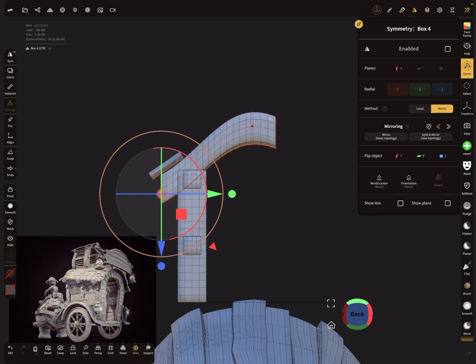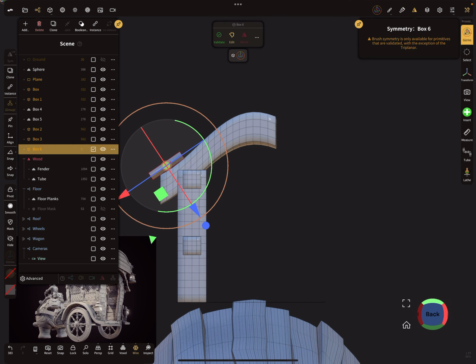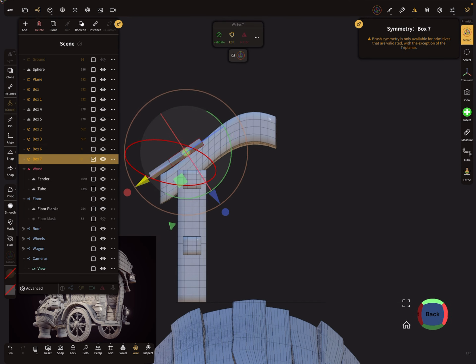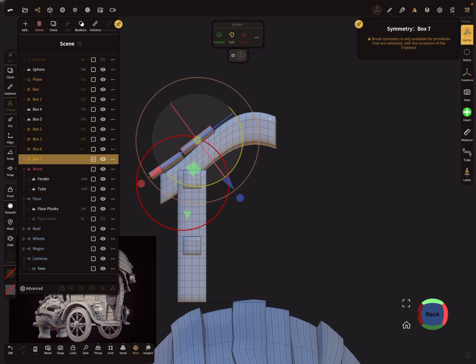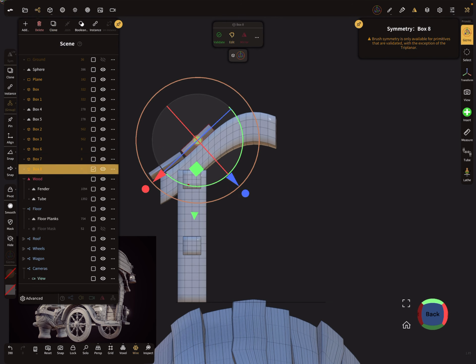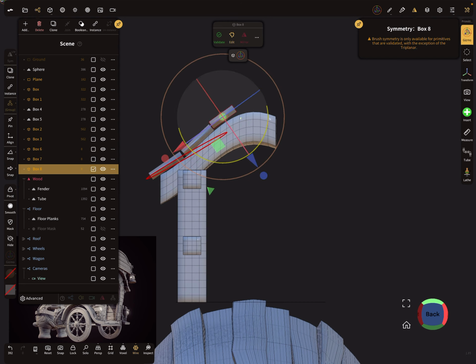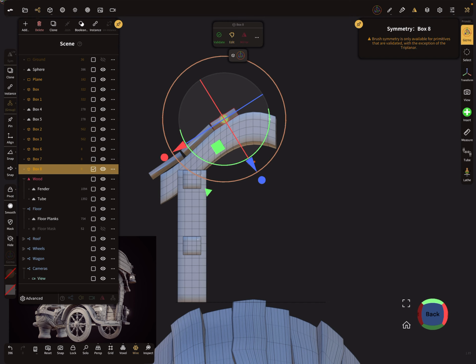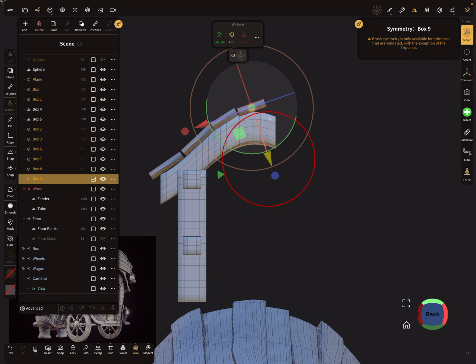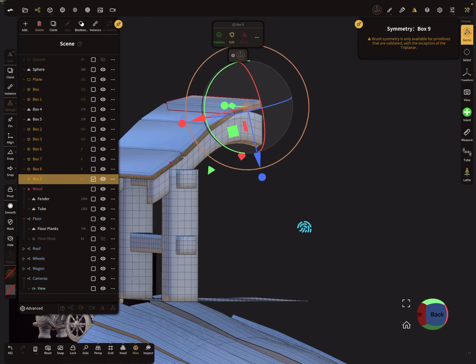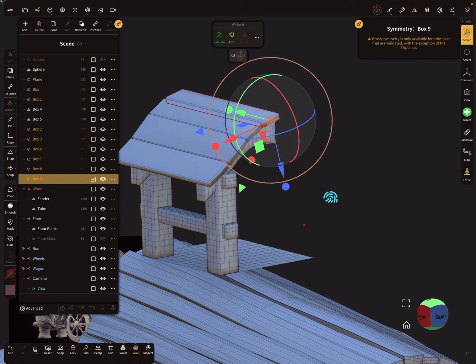Okay, so I select now this one, I clone it. So it looks okay.